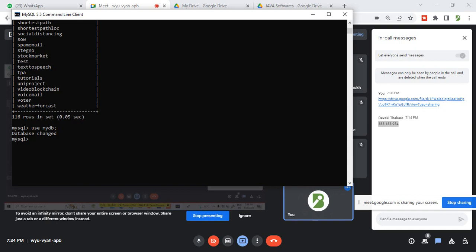Okay, use database name. Then how can we check how many tables are there? We have to write down a simple thing for that. What is the next command? It is show tables. So what does it show? It shows empty. And why does it show empty? Because no table has been created. Am I clear, guys?